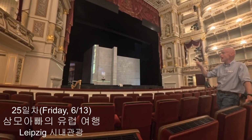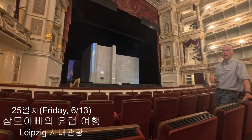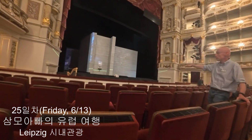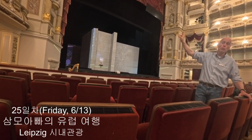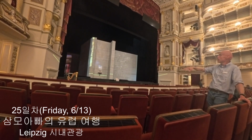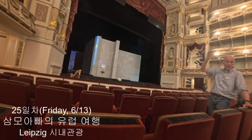If you add all the stage parts together, the result is roughly 1,800 square meters. That means more than 22,000 square feet, which is really large. We are moving stage parts not only in a horizontal way, there is also a vertical way, and therefore the stage house in total is 42 meters high. That means more than 135 feet high. That's more than twice as high as the auditorium. Because if you have a wall or a tower or a tree of this height, you need the same dimension above the stage,